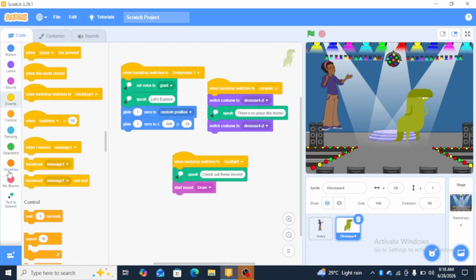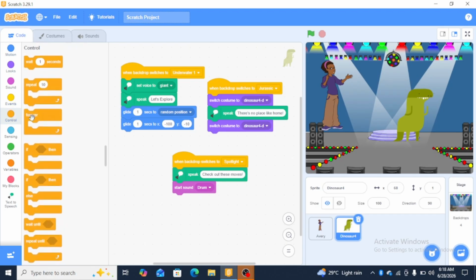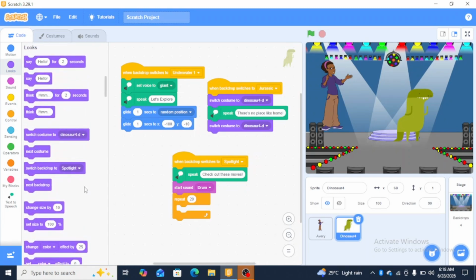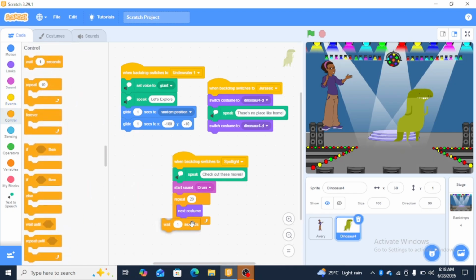So then we'll click on repeat 10, but I don't want it to repeat 10 times. Let's put about 20 times. That should work. Then we'll go to our looks tab and put next costume. So it will keep on repeating it as if it is actually dancing. That's what we are trying to make it look like, as if this sprite is dancing. So we'll put wait 1 second, but that should be too long, so we'll use a shorter time in seconds. And then when the backdrop switches to spotlight,